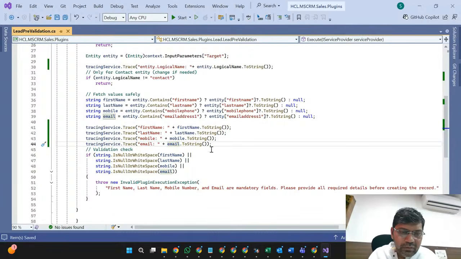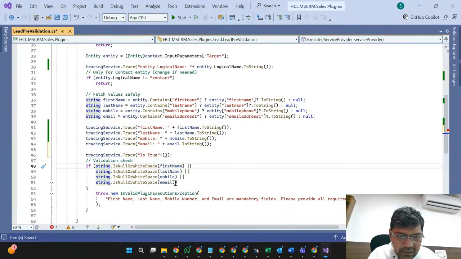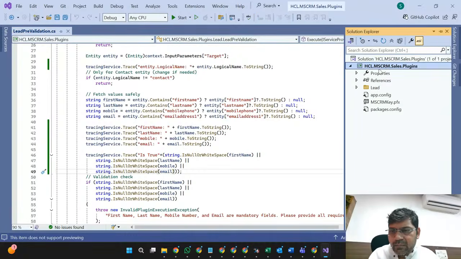So you will get all that information, and even if you want to print other parts also, tracing.Trace. If it's true, everything you can print here itself. Okay, so let's build this one